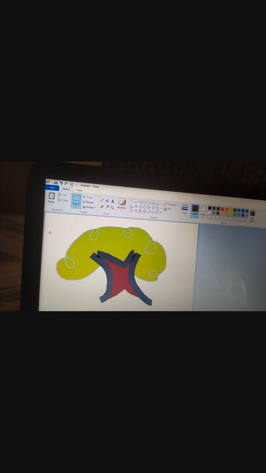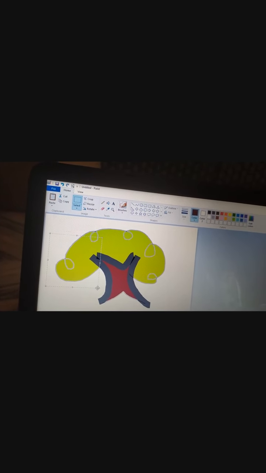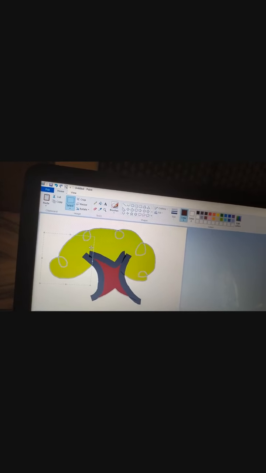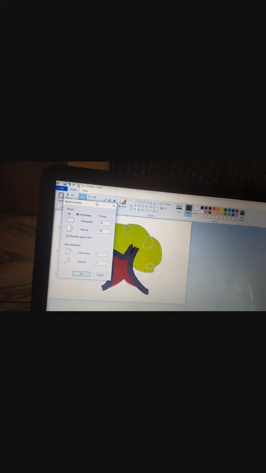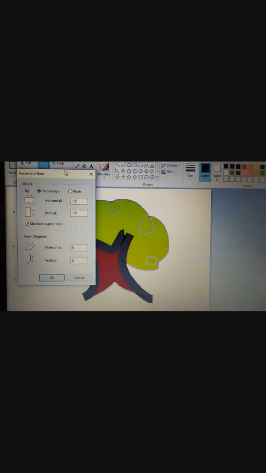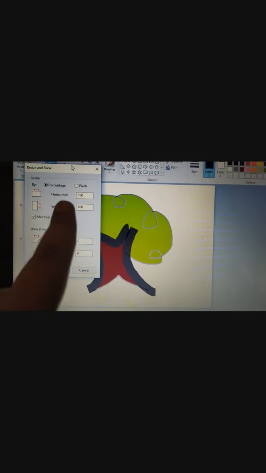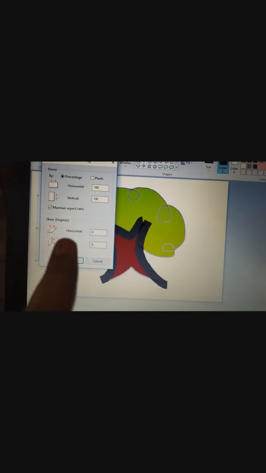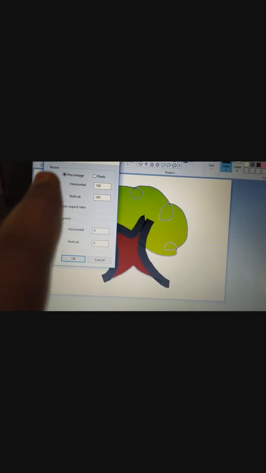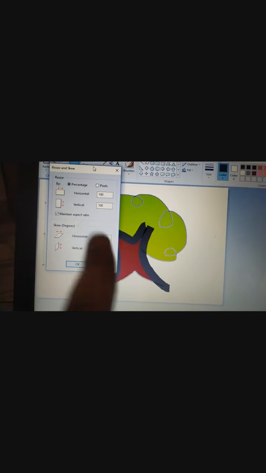Now, first we have to select one portion. Suppose this portion. After that, in the image group, we have the resize option. Over here, see, the resize commands are given horizontally and vertically how much we want to resize, and in the skew also how much portion we need to tilt and stretch, that also you can give.